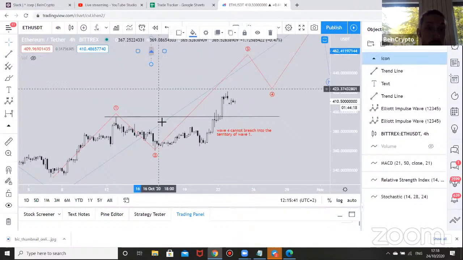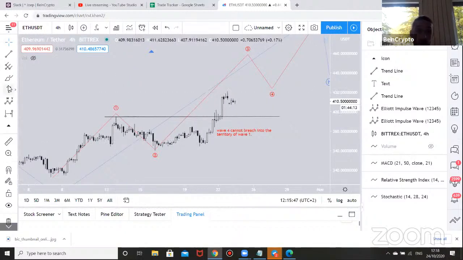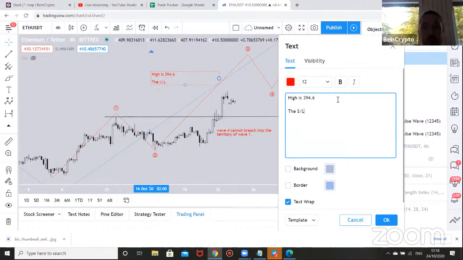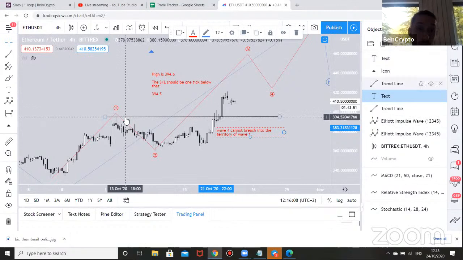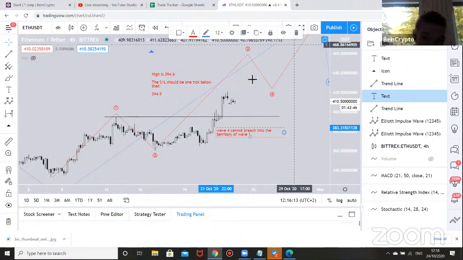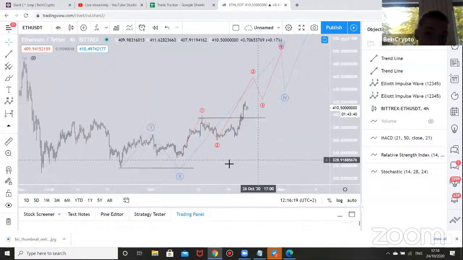Now again, the high here is 394.6, so basically, if you're longing anywhere here, the stop loss should be 394.5 because this would invalidate this formation. Now, again, this will not invalidate the entire bullish formation, so it will not invalidate the blue one,